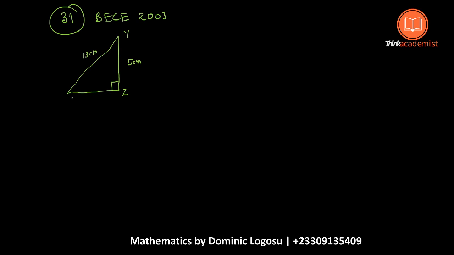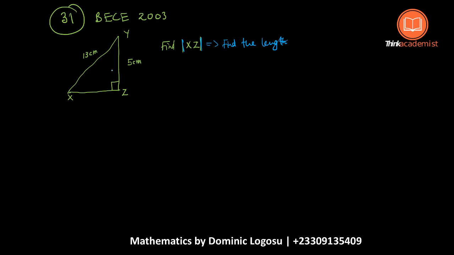And they are saying we should find XZ. Now for those who are confused, the bar by this XZ shows that we should find the magnitude. The magnitude is the same as find the length. Are we okay? So finding the length, we need to apply a theorem. The theorem says that,